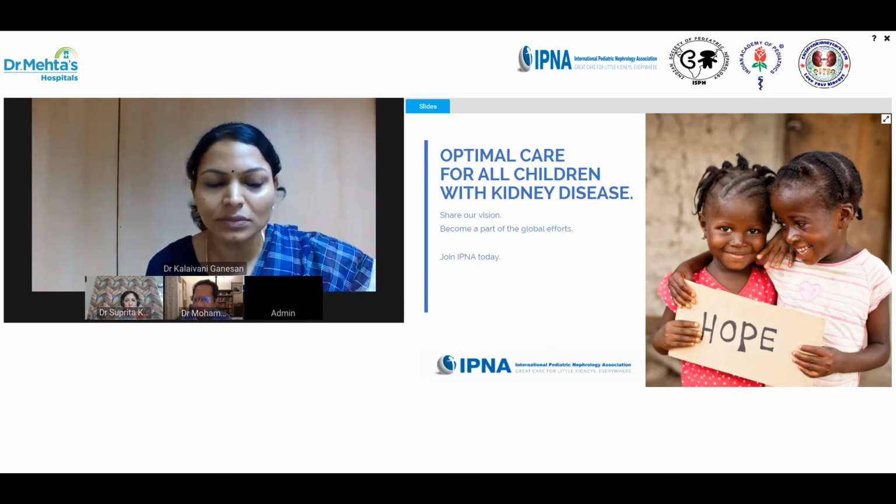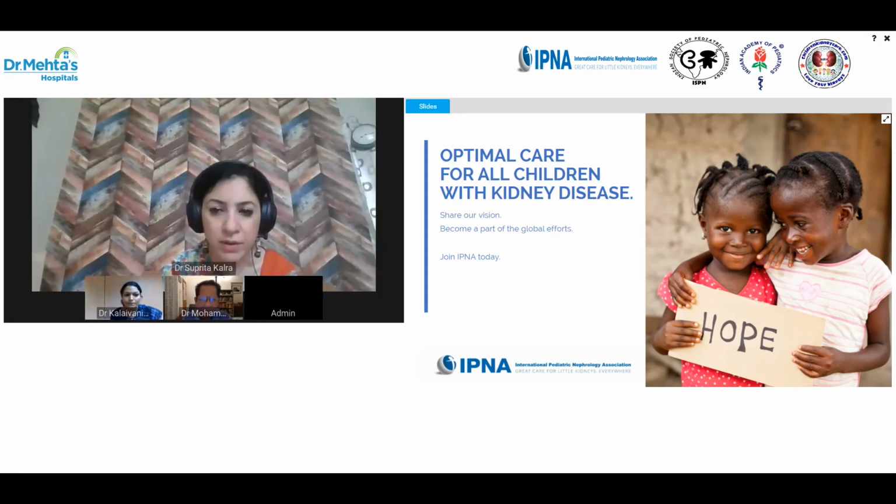Yes, so we have the telltale markers of GN, definitely: there is hematuria, there is proteinuria, the child has edema, and the albumin is low because of ongoing proteinuria. You can confirm on a biopsy, but as I can make out, the child is quite unwell at the moment. There will be various reasons for hemiparesis in this child, including venous thromboembolism, so you would need to work that out, look at the stability of the child, and maybe you will need a biopsy to confirm once the child is more stable. It will be difficult to say whether the child is actually post-infectious or has any other reason for GN.